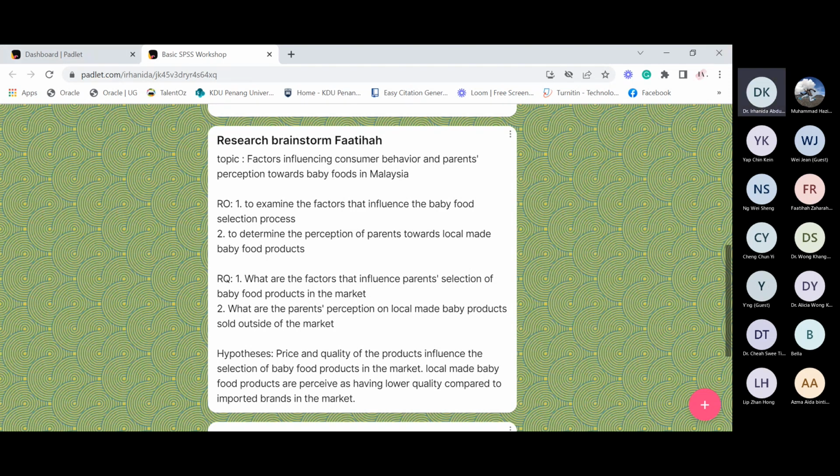Oh, I forgot that your mic is not functioning, right? Independent factors, parent. You mean parents' perception, right? Perception.